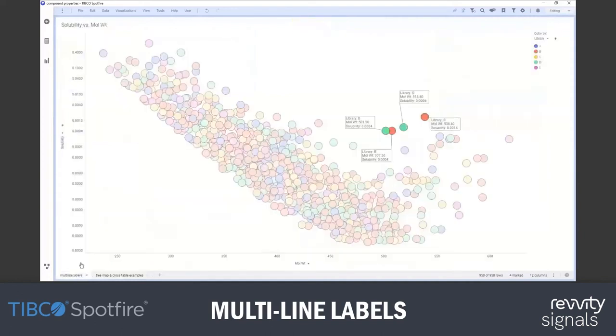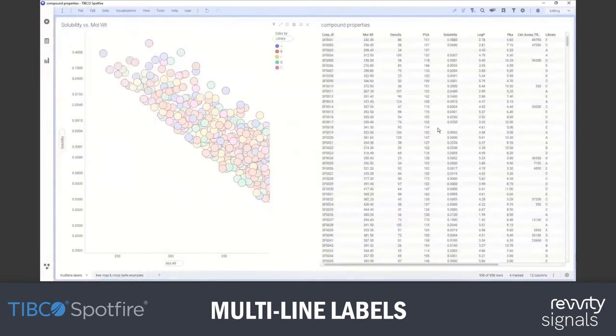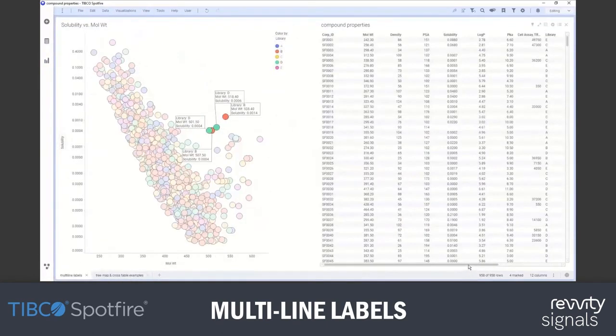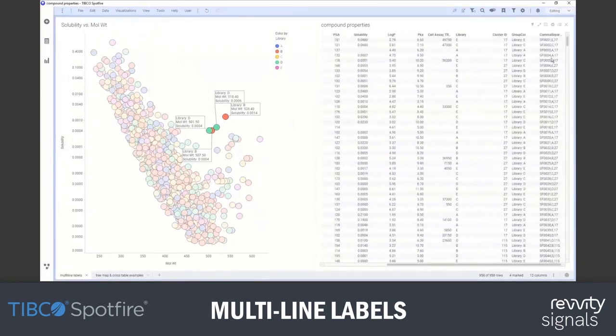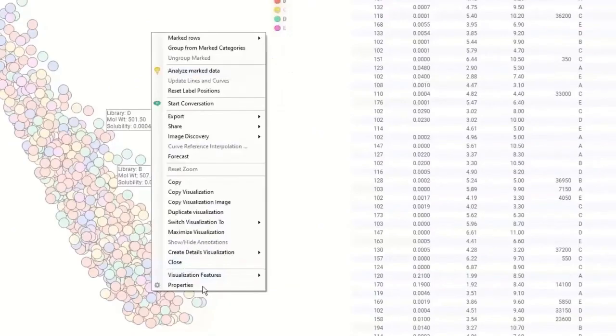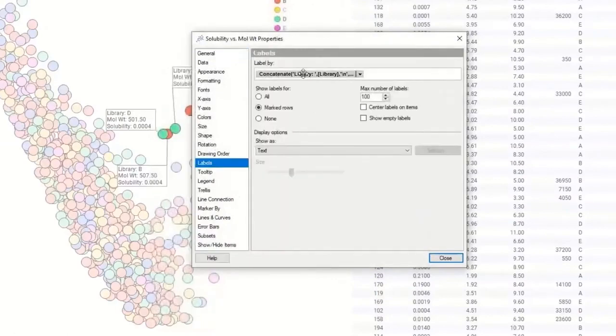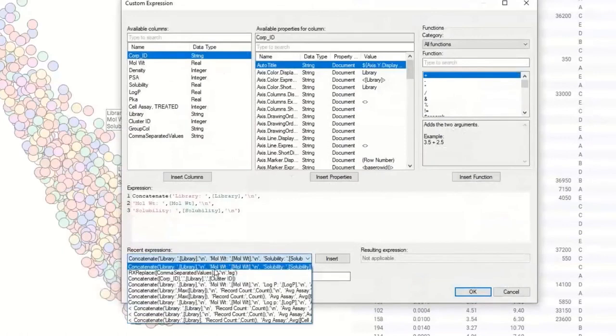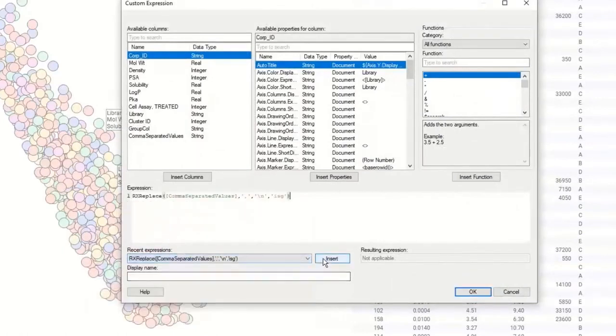You can also take a similar approach if you happen to have data that comes in separated within a cell by some value. So here we have a cell that contains multiple values in a single cell, separated by a comma. And you can also take this approach, but rather than doing a concatenation in this case, you can use an RegEx replace function, which